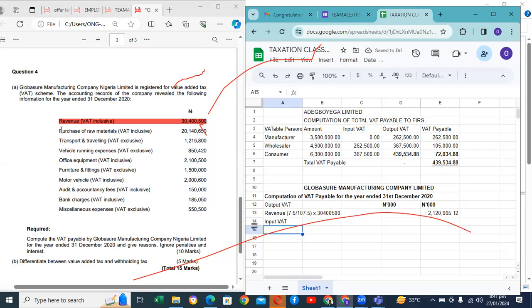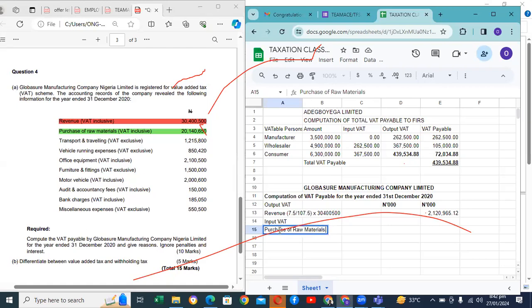Purchase of raw materials. Does it form part of sales or not? Yes, it forms part of it. It is the raw materials you will sell later on after you have done your conversion. Do you understand what I'm saying? It is the raw materials you are looking at converting to goods. Yes or no? Exactly.